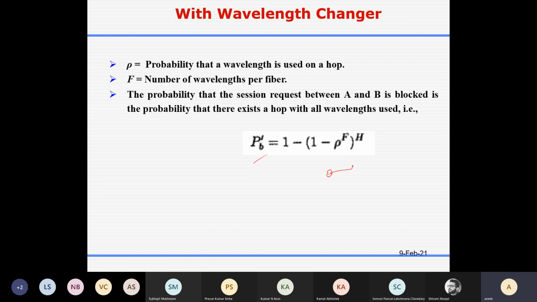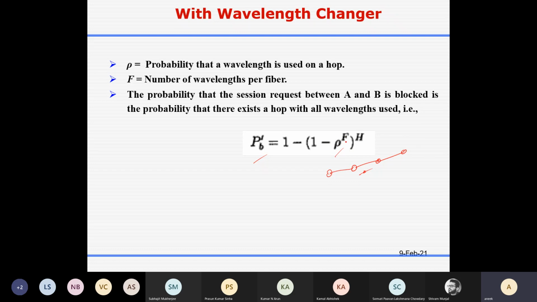Let's say I'm talking of this link. All wavelengths are used, and the probability is rho to the power F. So 1 minus rho to the power F says that one or more wavelengths are available, so not all wavelengths are blocked.